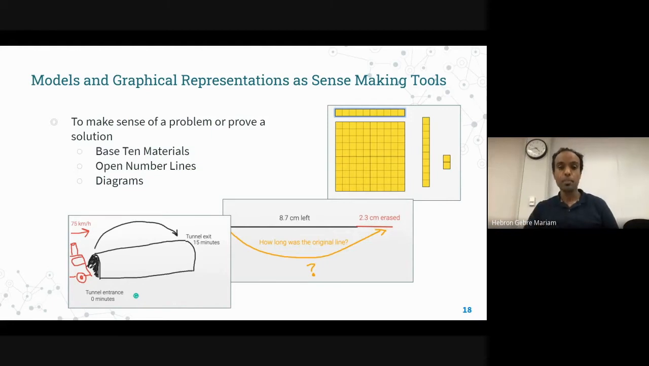So that's covering the idea of models and graphic representations being important as students go, and the gradual growth and release from concrete to more student-created diagrams and representations of situations. We've talked about models in our toolbox. We're going to take a few minutes to walk through some of those strategies that are going to show up in the next slide